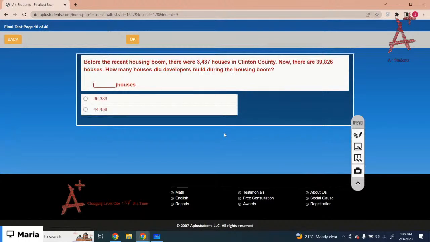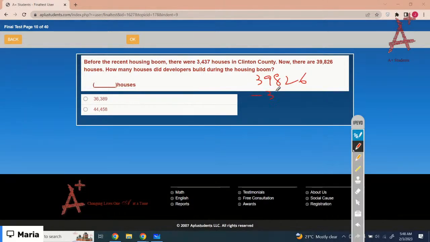Okay, the next one is before the recent housing boom, there were 3,437 houses in Clinton County. Now there are 39,826 houses. How many houses did the developers build during the housing boom? So just subtract the current value with the one that is before the housing boom. So it would be